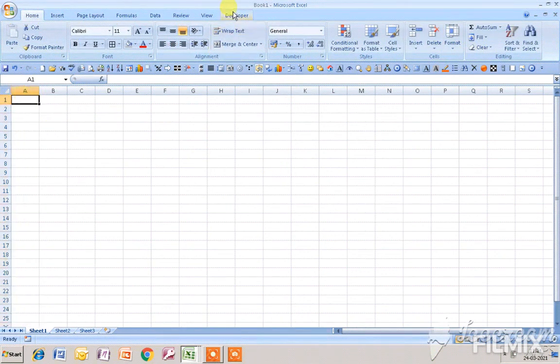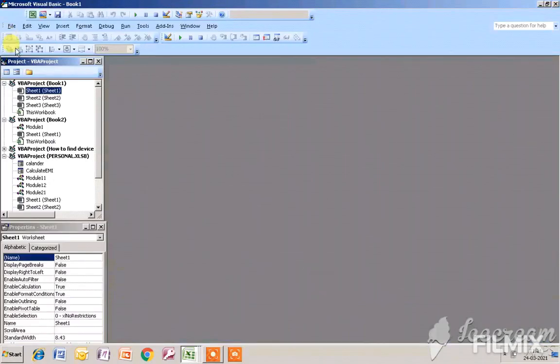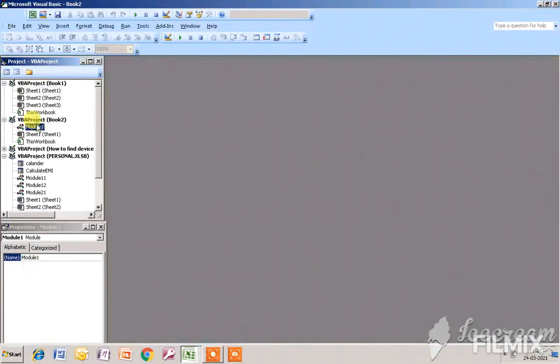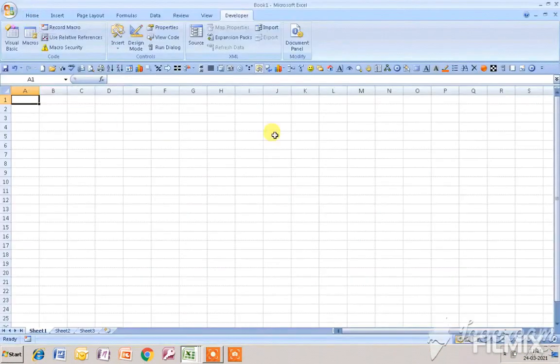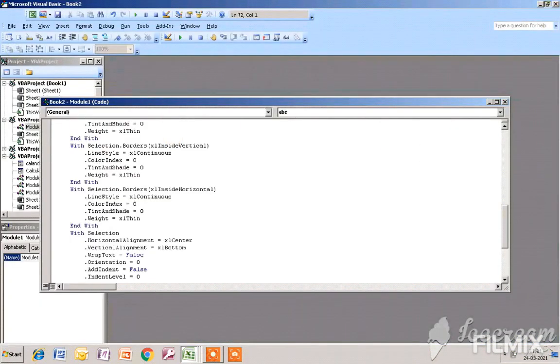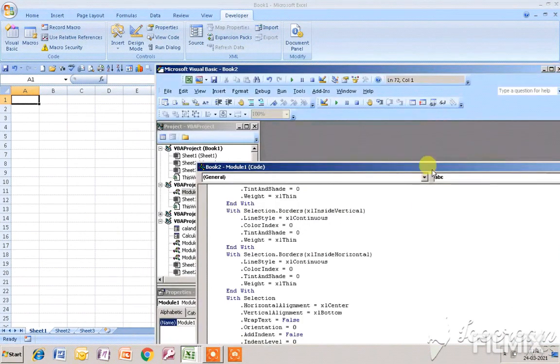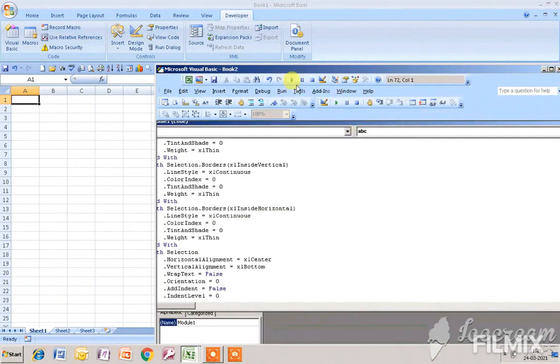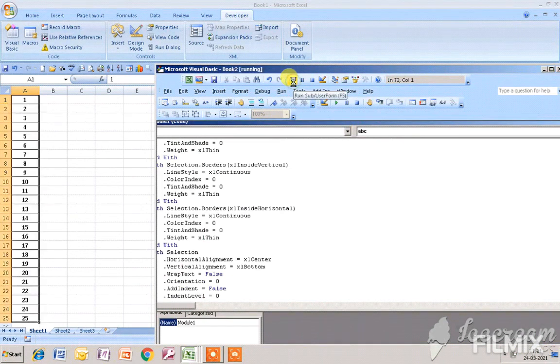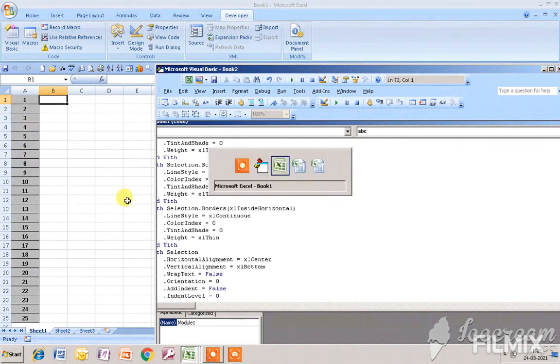So if you go to the developer tab and Visual Basic, and run the macro, then you will find the changes. If you look at the worksheet, you can see the changes that I made at the time of recording. It is not only for book 1, it is also for book 2. If you go to book 2,